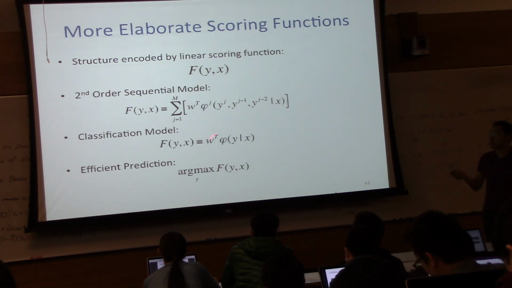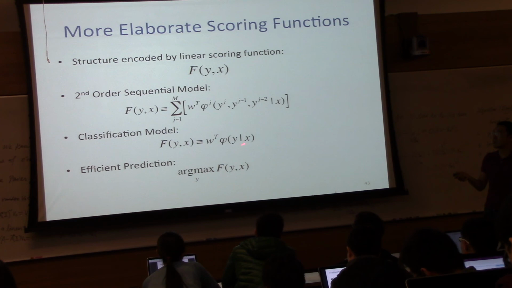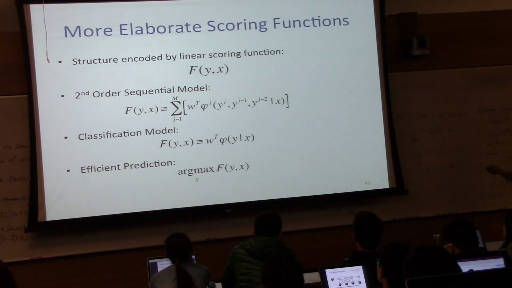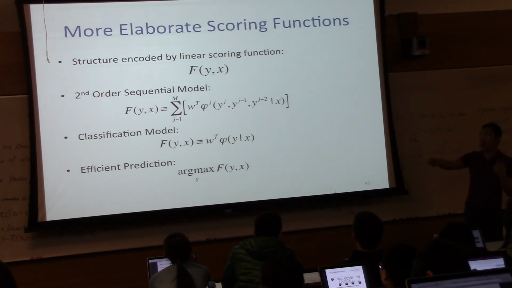We could use a much simpler version of the feature vector and just do multi-class classification, multi-class logistic regression, so long as this summation has an efficient structure. So here, for y, if y is a sequence, you only look at triplets of the sequence at a time, finding the best